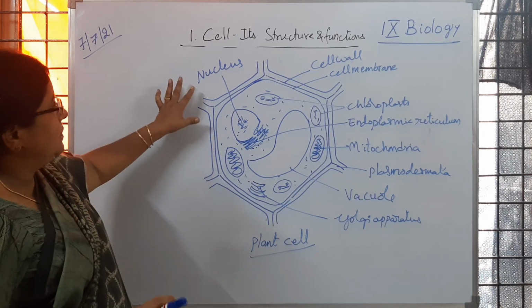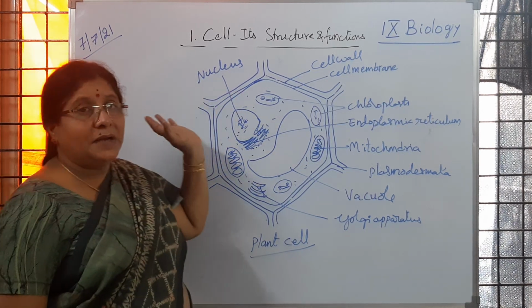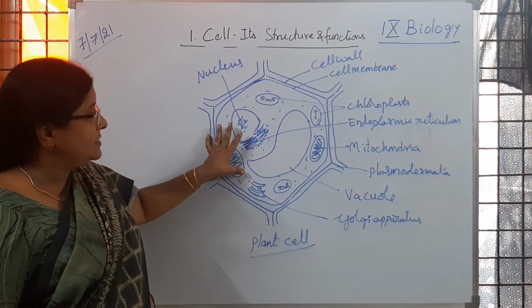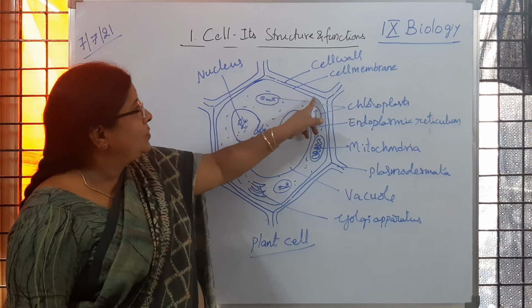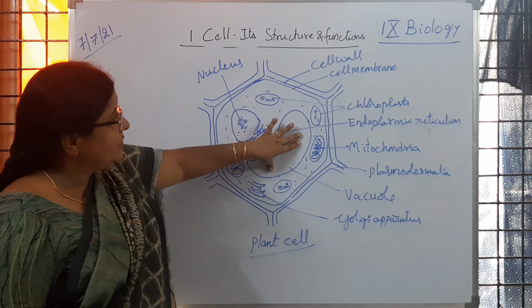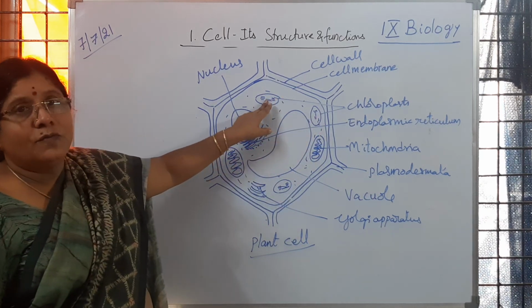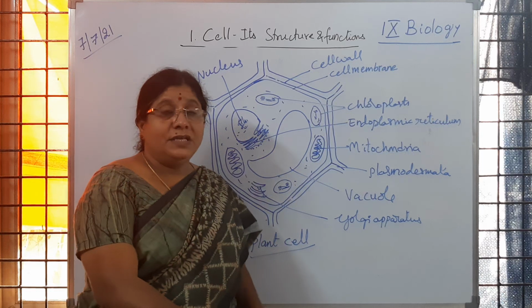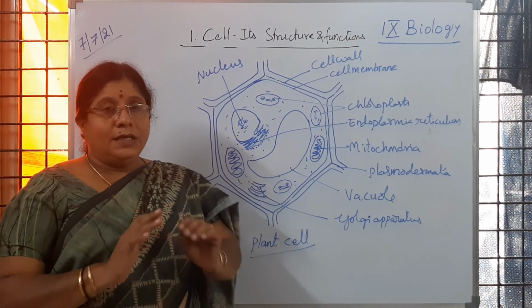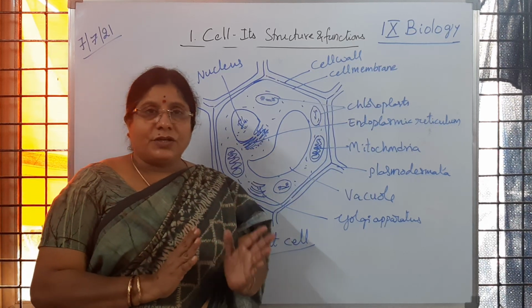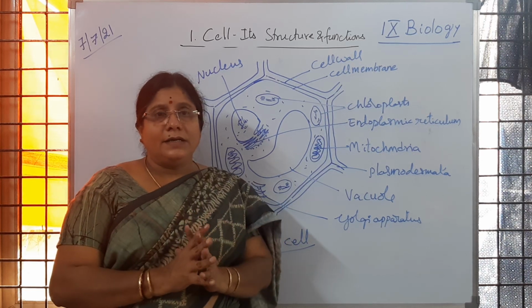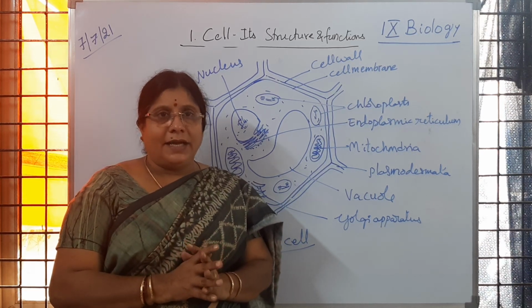Now we are observing the differences between plant cell and animal cell with two diagrams. The animal cell I have drawn earlier, the plant cell now. Above the cell membrane you are observing the cell wall. Is it clear to you? A large size vacuole and a large number of chloroplasts are also observed. So with this, we have learned about the cell, all cell organelles, their structure and function, and the differences between plant cell and animal cell with the help of diagrams. Thank you.